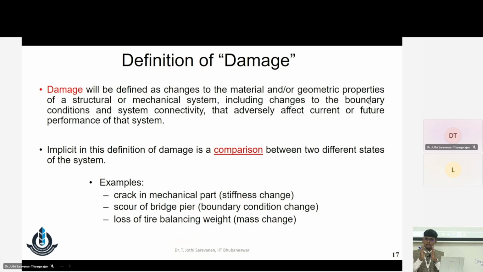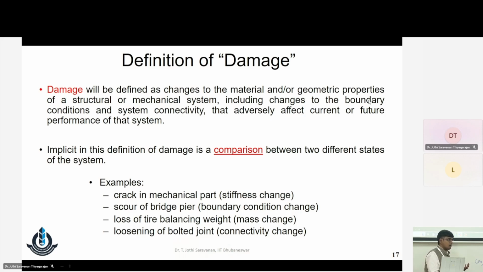They will always focus on the stiffness change in health monitoring, particularly in the civil domain. Loosening of bolts, mass change... mostly in civil engineering problems, for the dynamics part, we care more about the stiffness part. So mass is not going to play a major role in civil engineering. Loss of a tire balancing weight is a different example, for a mechanical problem, where mass change is going to come in. But for civil engineering, we never worry much